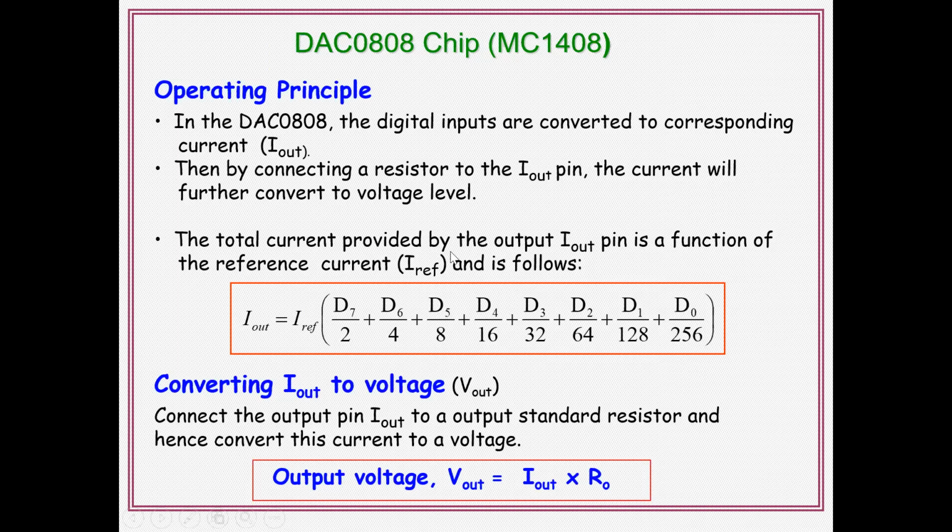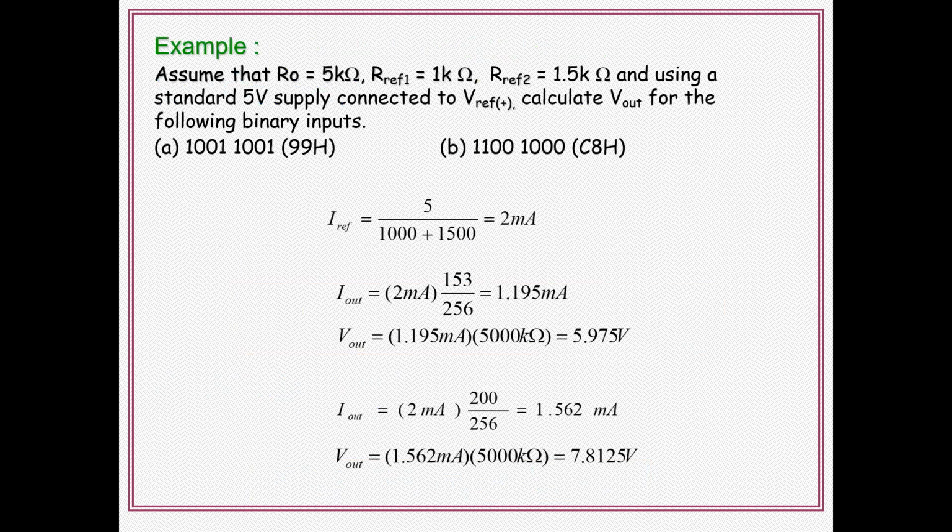So that indicates that if inputs are all ones, then maximum you get 5 volts analog. If inputs are zeros, we get 0 volts. If inputs are 0 followed by 7 ones, called 7F, in that case the output voltage is 2.5 volts. That is the digital to analog converter interfacing circuit.